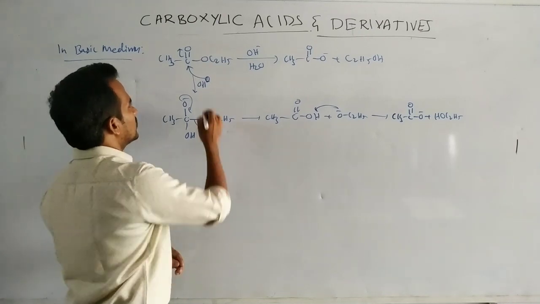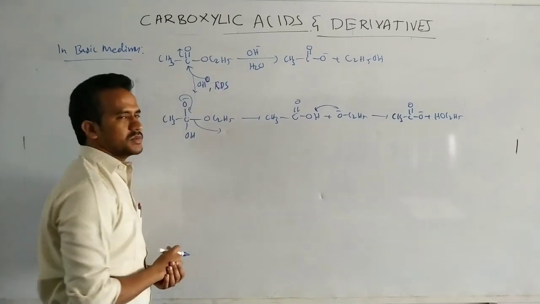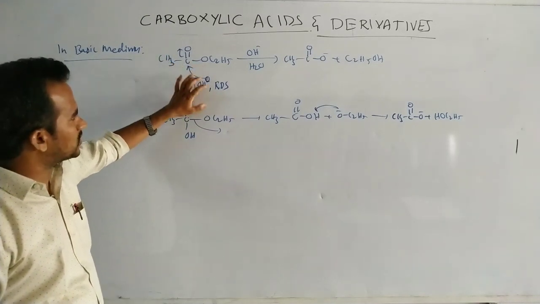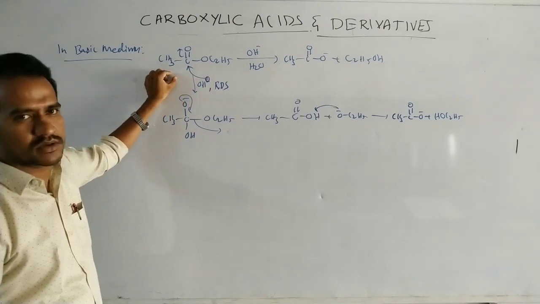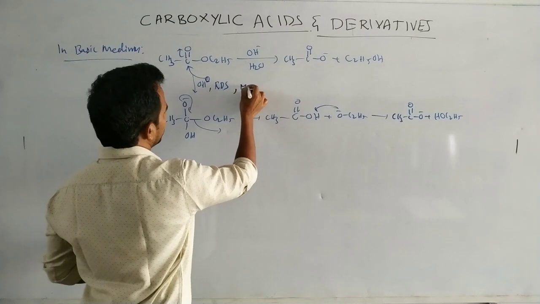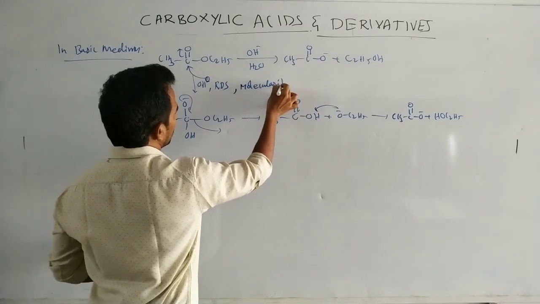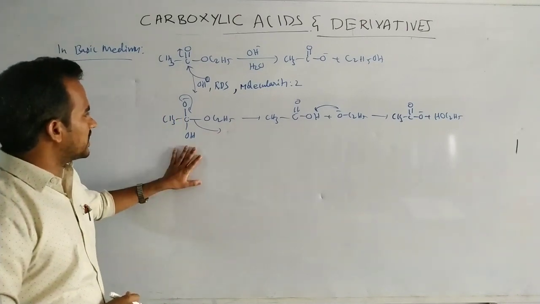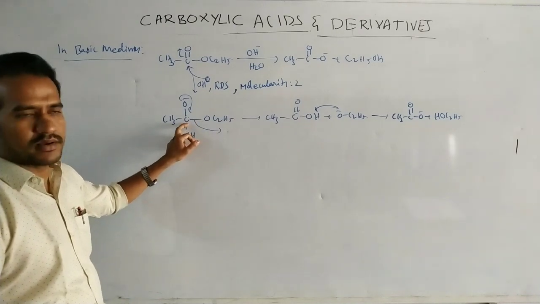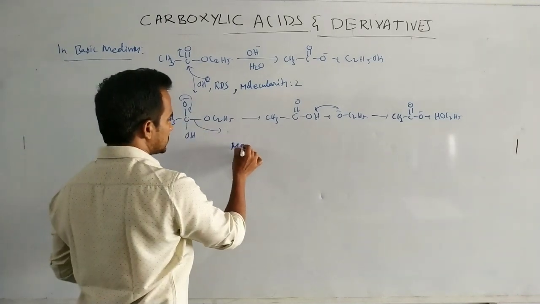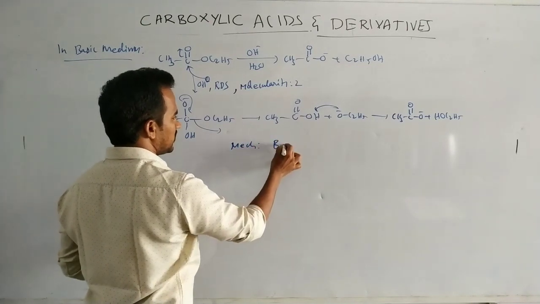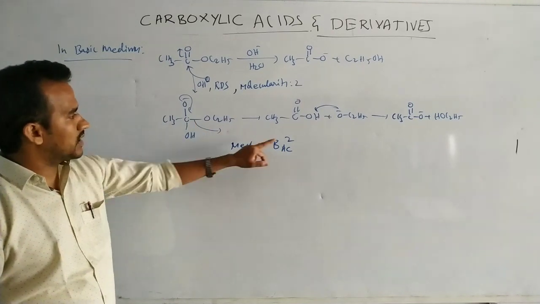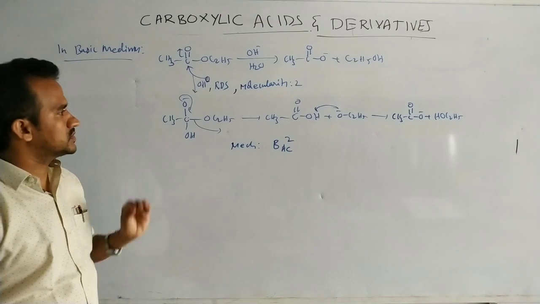In this case, the OH minus attacking is the rate determining step. OH minus nucleophile attacking on this carbon is the rate determining step. In this rate determining step two species are involved: one is the nucleophile, one is the ester molecule. So molecularity is 2. And which bond breaking takes place? Acyl oxygen bond breaking, acyl carbon and oxygen bond breaking. So the mechanism of this reaction is named BAC2: basic medium, acyl oxygen bond breaking and molecularity 2. Okay, so that is it.